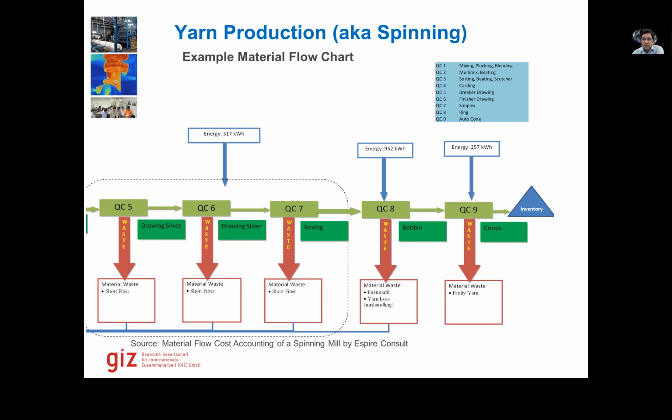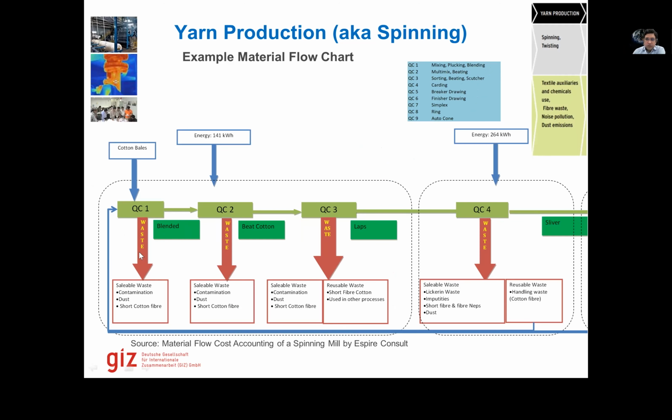So this is the same process that you did last time. You developed an energy flow chart, and then we did an energy balance, right? So you combine them together and it becomes a material flow cost accounting or material flow accounting chart. So all these processes are only consuming electricity.